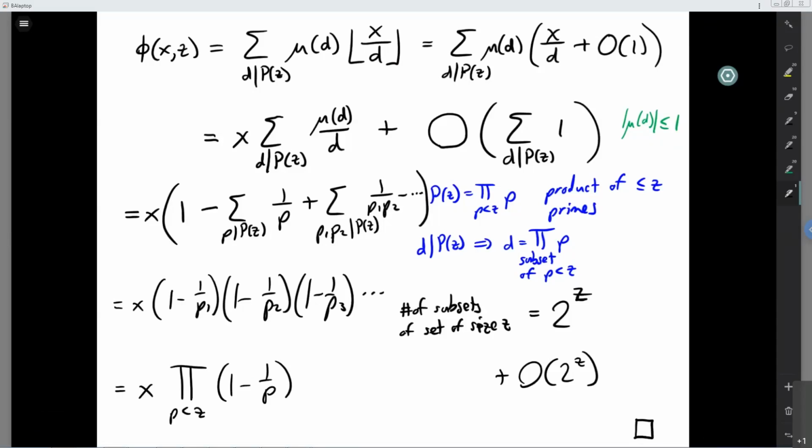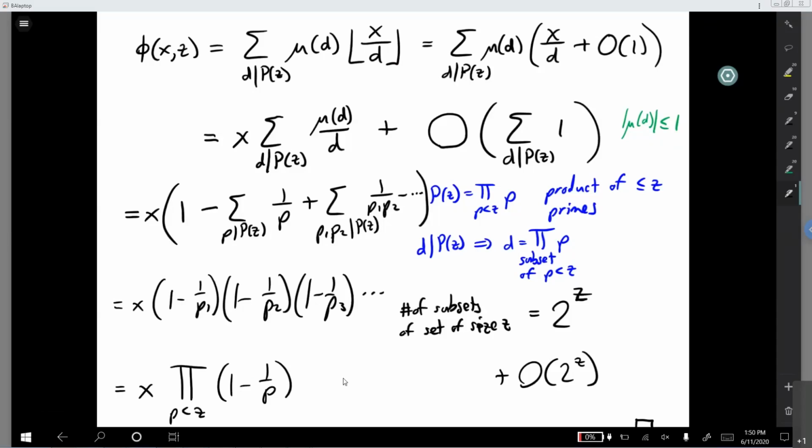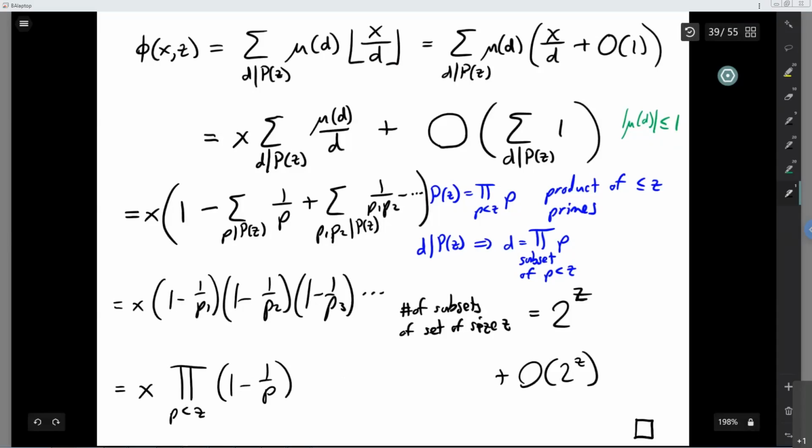Now, what we're going to do next, before we start talking about how big this main term is, before we talk about the main term too much, let's talk about the error term. We're going to discuss an idea due to Rankin that can improve this error term pretty significantly. So the idea has to do with